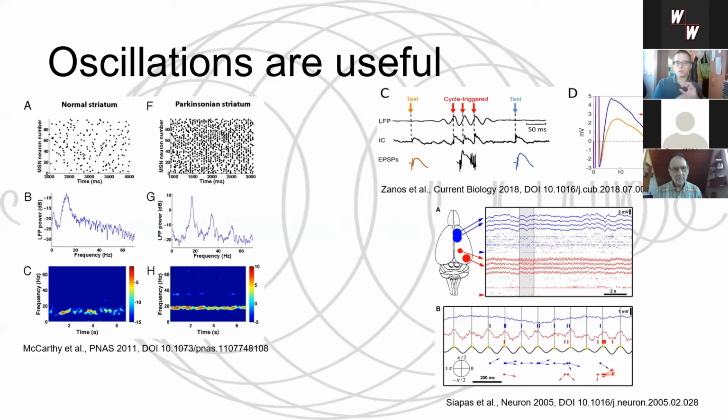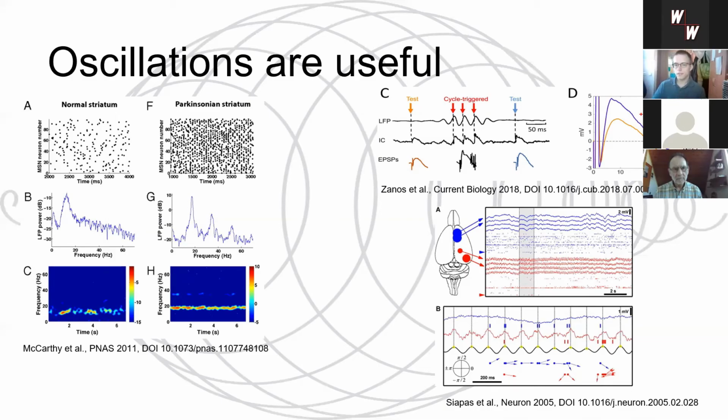And you can also trace back this activity, and you can make a connection to the tremor. So it is also correlated with the tremor. And in this case, the oscillation has actual meaning. It represents the pathological physiology of the basal ganglia.